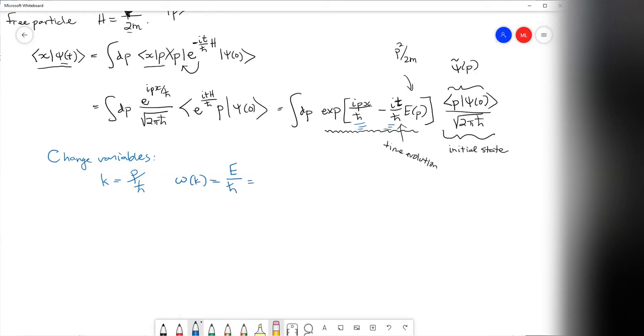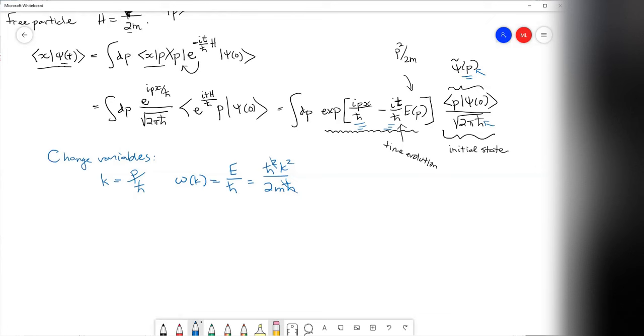And you can write this as H bar squared k squared over 2m H bar, so that one of the H bars cancels. So it's H bar k squared over 2m. And then you also, to get rid of these factors and to make this a little bit better, so that you can use a function of k